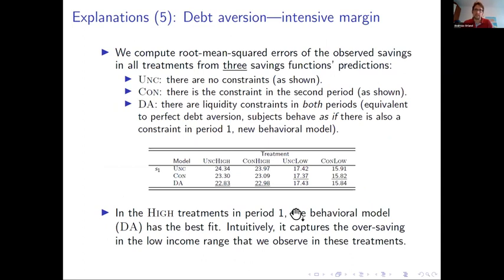Now, finally, we derive a new model that's called DA. There's a liquidity constraint in both periods. We use the same reasoning as before, and this is equivalent to perfect debt aversion. So subjects behave as if there's a constraint in period 1, even though there isn't one. And now we compare the models with our data, and we find that in high, the debt aversion model has the best fit. This is not the case in the low treatments, but you've already seen that in low, people